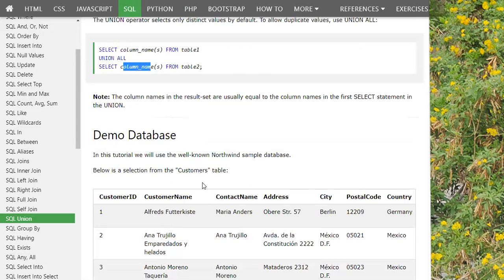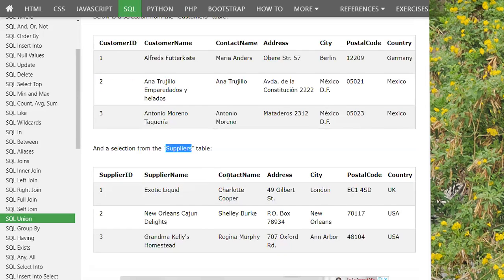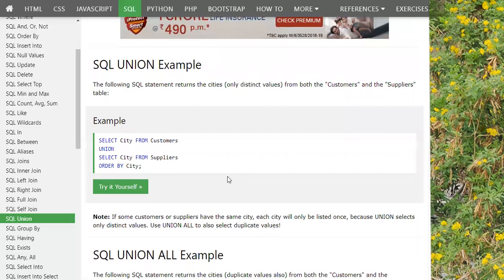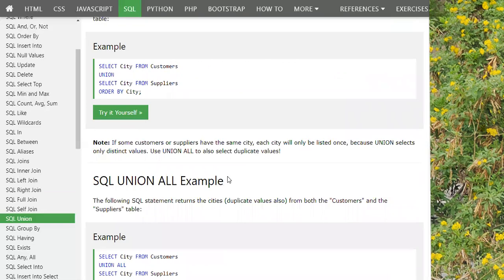So if you have again the demo of the customers table, and here there is a supplier table. Okay, if you find this fast, then you can go to the website later even after the presentation. Just ignore the ads in between.